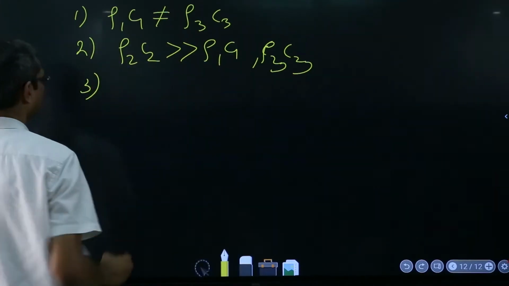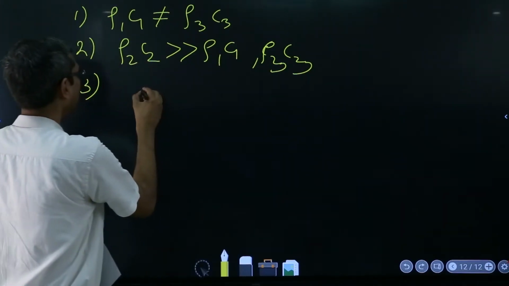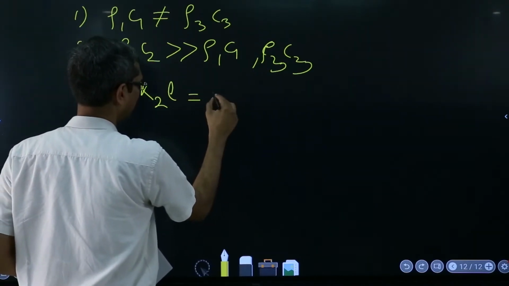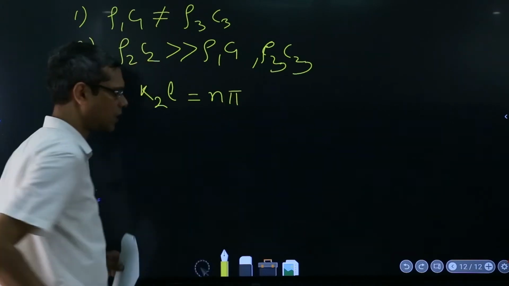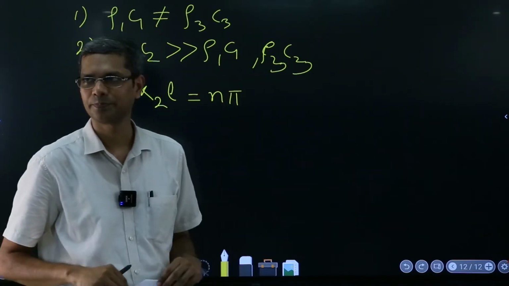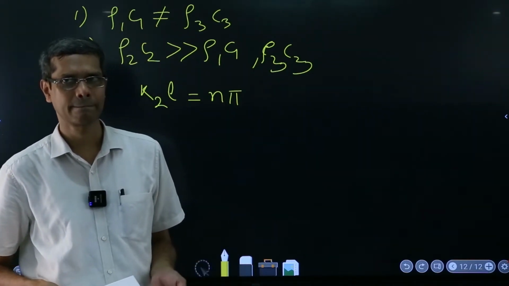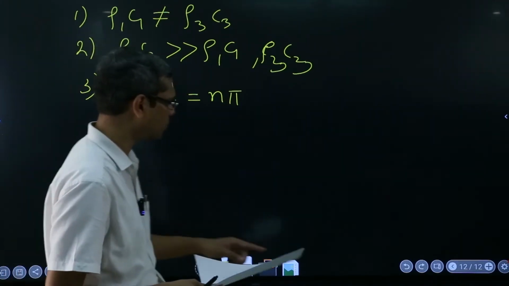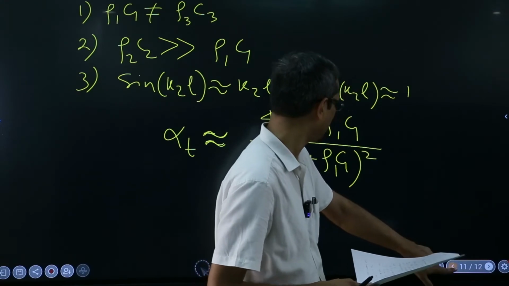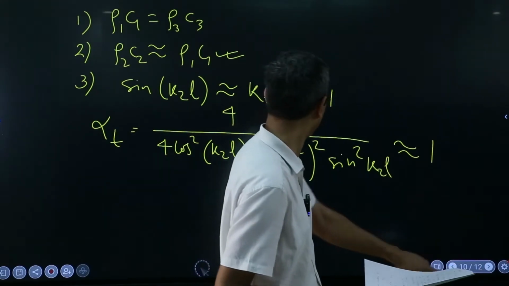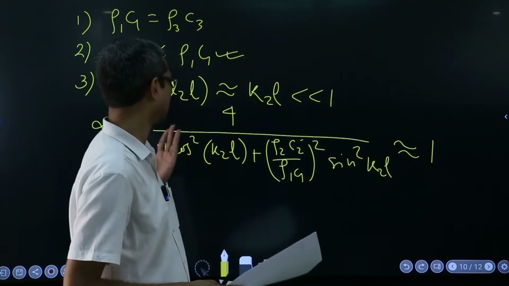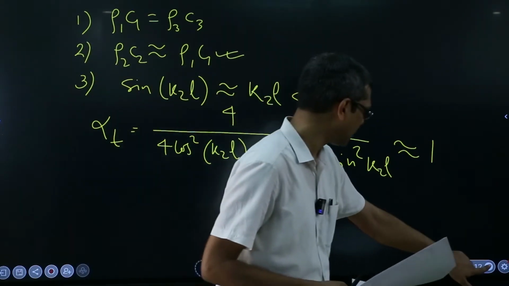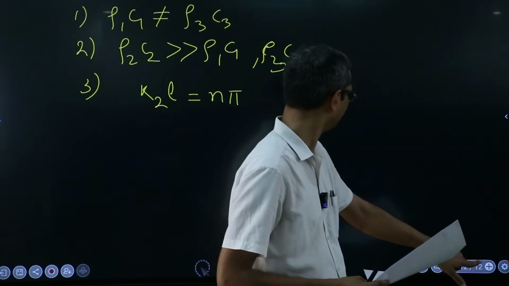Then the third condition is you have chosen k2L such that it becomes some integer multiple of pi. Now if you put in the expression where you had, yeah, this expression, then what you will get is